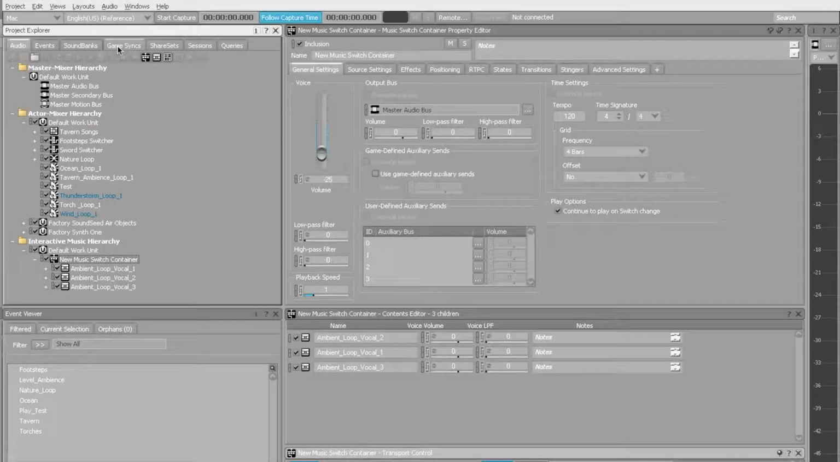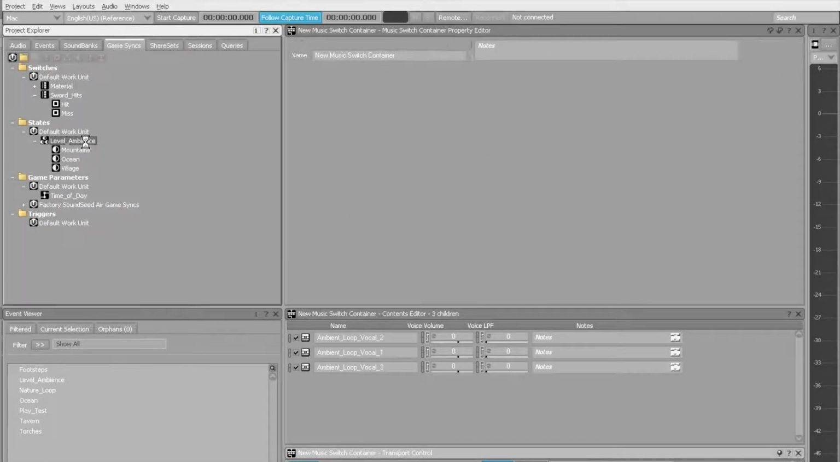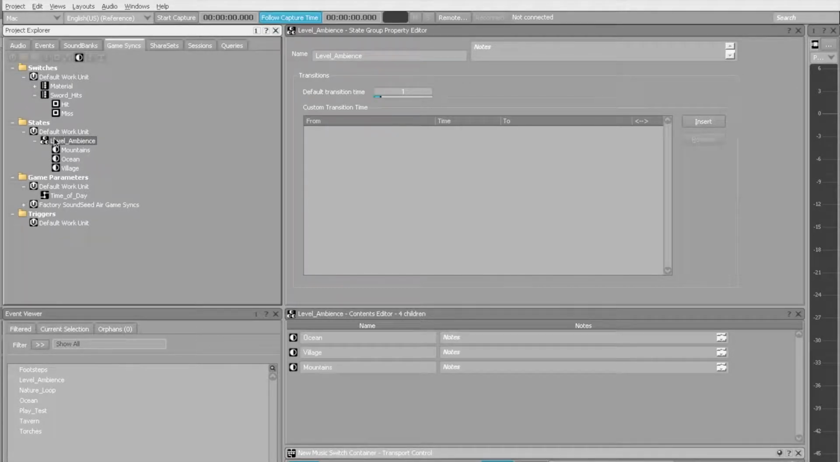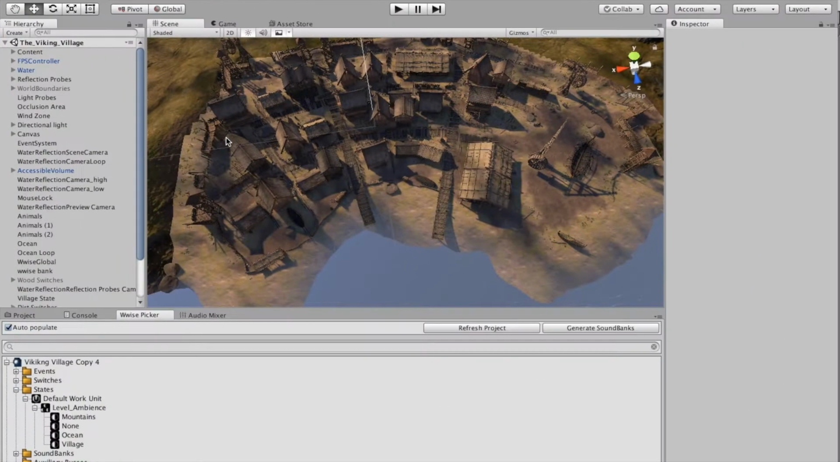And in order for this music switch container to work, over in GameSyncs, I have a state group. So I've got ocean state, mountain state, and village state, and they all work accordingly. So now if we move over into the Unity level,